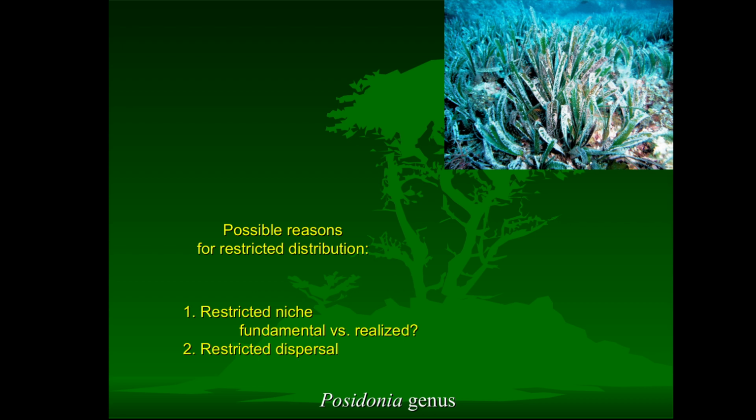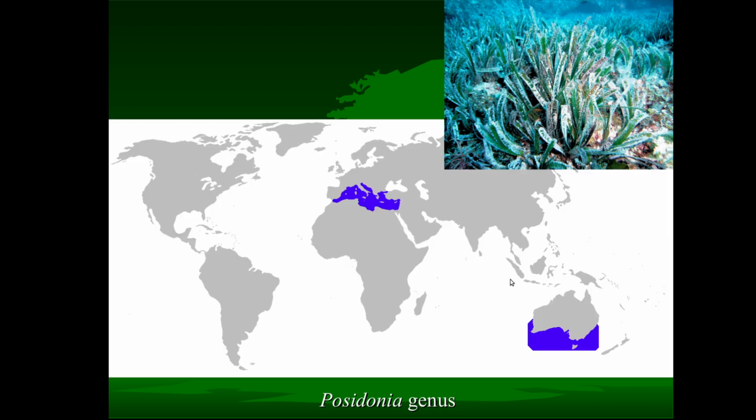So now this lack of dispersal idea certainly could apply to areas far from the species range, since such travel would require transport over a long period of time. But it is possible through either seeds or fragments of the rhizome, seagrasses, all species are capable of vegetative asexual reproduction from the rhizomes. But this dispersal barrier explanation just doesn't cut it when we consider anywhere right along the border of the actual distribution. Anywhere along this border,